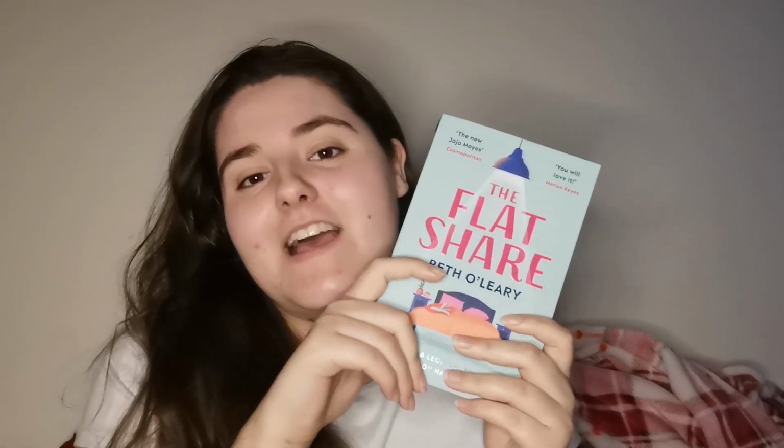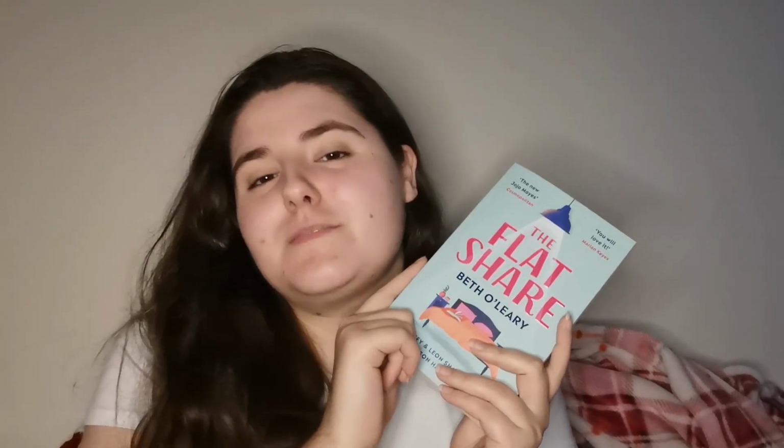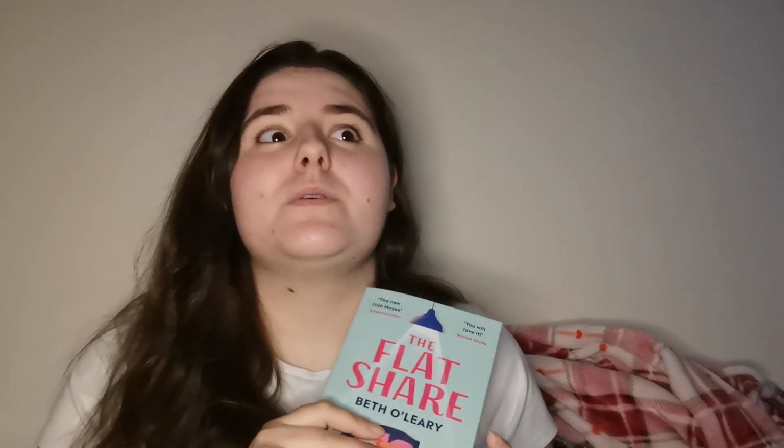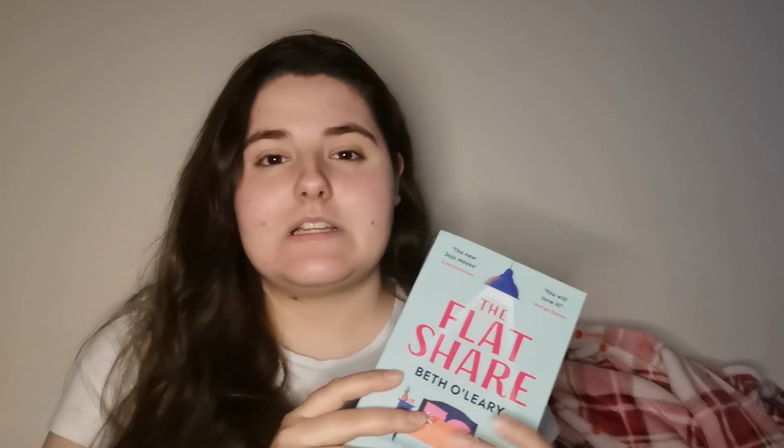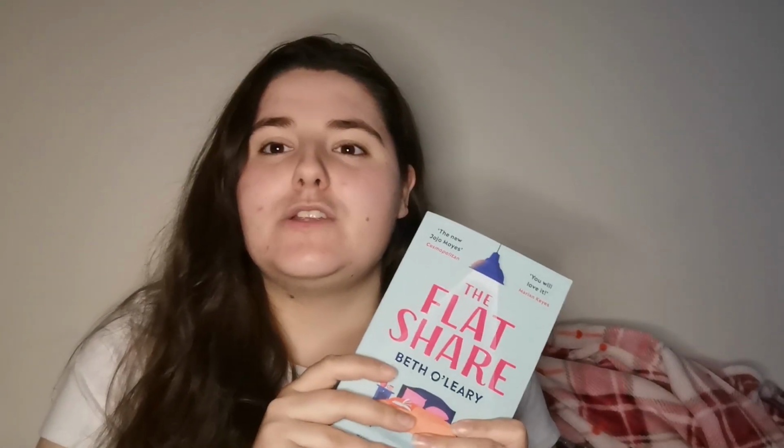I finished The Flat Share, which, are we shocked, because I did not have very much of that left and I was obsessed. So this book was about Tiffy and Leon. Tiffy has to move out of her ex-boyfriend's flat and she can't afford a flat on her own because London is expensive, whereas Leon can afford the rent in his own flat, so as he works night shifts and only needs the place during the day, he decides to let out half of his flat and half of his bed to somebody to stay in during the night when he's in work, which works perfectly for Tiffy, who works in the day anyway. So they have this